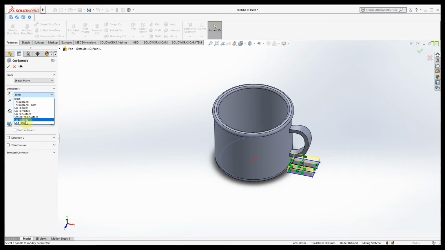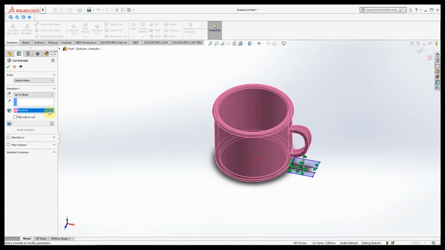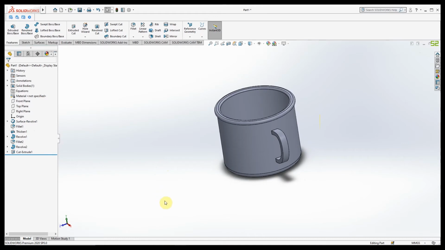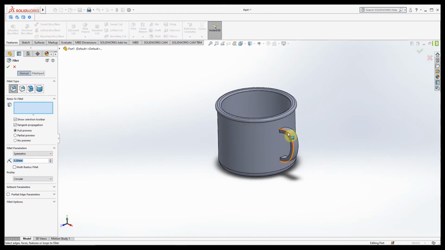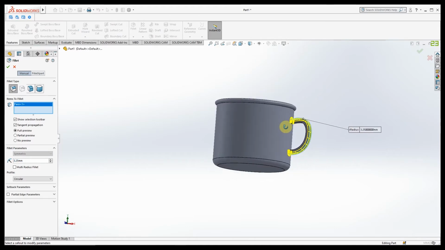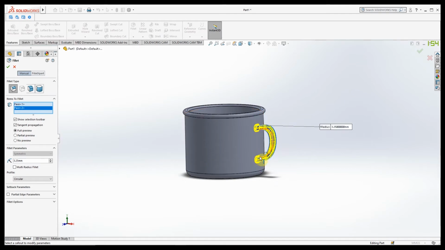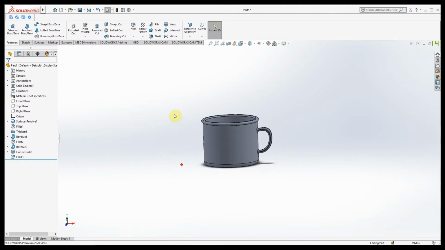Whatever option you can use to cut this. You can just drag the arrow option in the model itself, or else we will try to use some option from the menu. If it is not possible, we will use that arrow option. See the arrow option, now we move it and we remove the extra material. Let's give the fillet radius, that is 3.25 only. How did we get 3.25? Because 7.5 divided by 2, that is the dimension 3.25. Let's give OK.